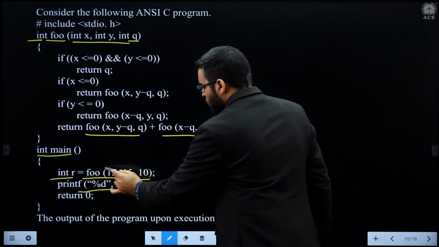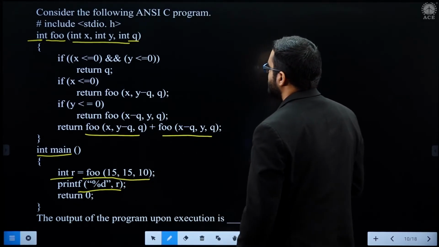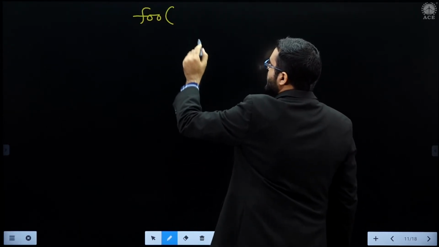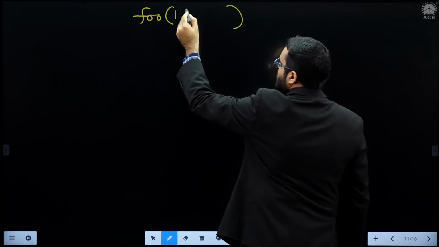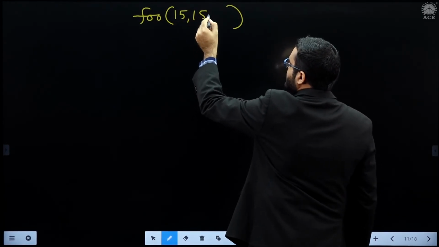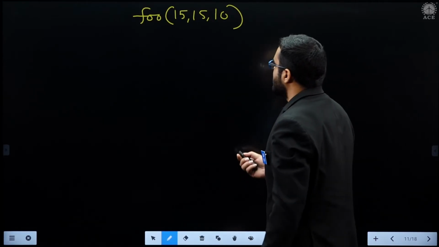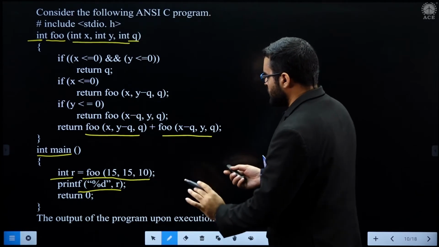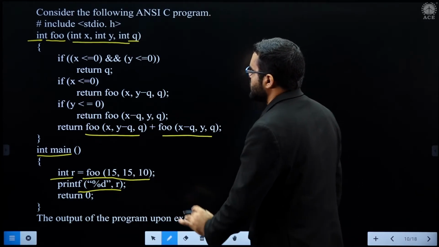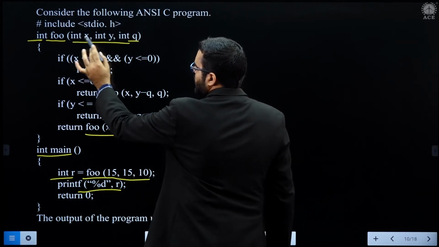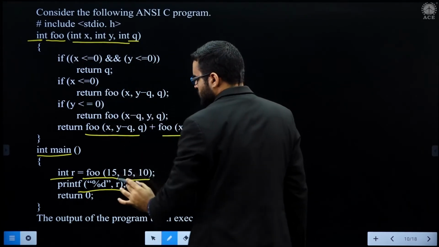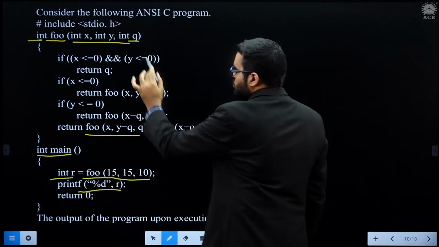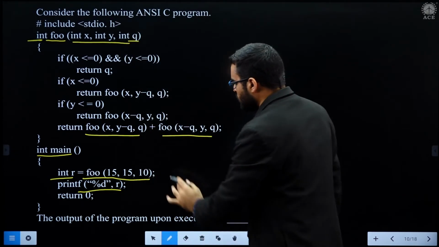So we are calling foo of 15 15 10, and we are passing the actual arguments 15 15 10. When we call this function foo with these actual arguments, the value of x is 15, the value of y is 15, and the variable q will hold the value 10.